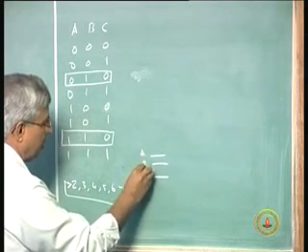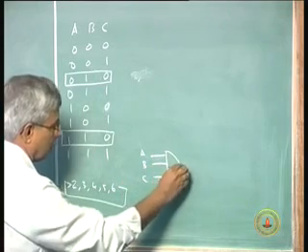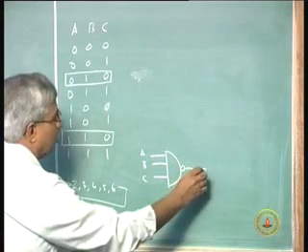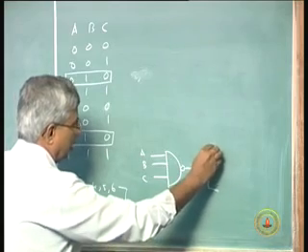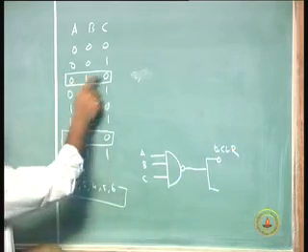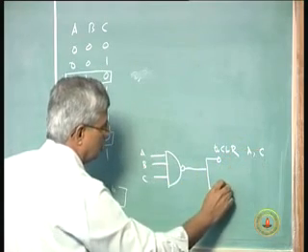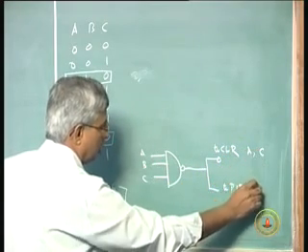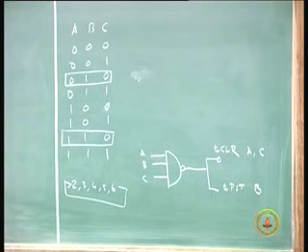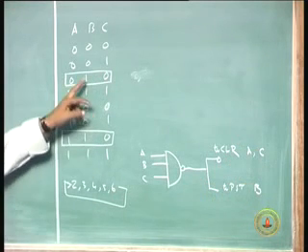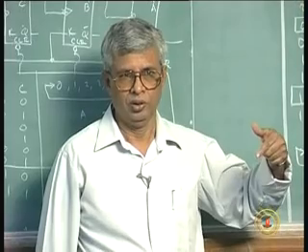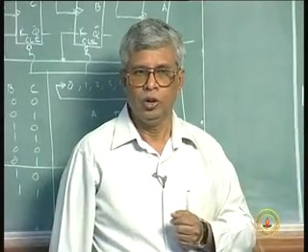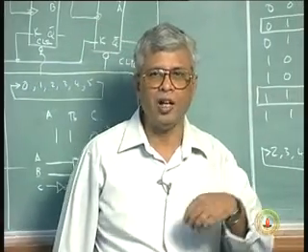This is ABC. This pulse will be used to clear A and C and preset B. Preset will become 1. So 2 will start. After that 2, 3, 4, 5, 6. Back to 2. So by using this preset and clear inputs, I can start the count at any point and